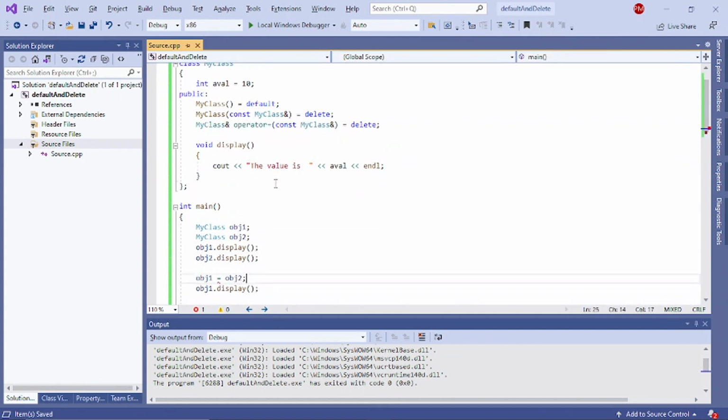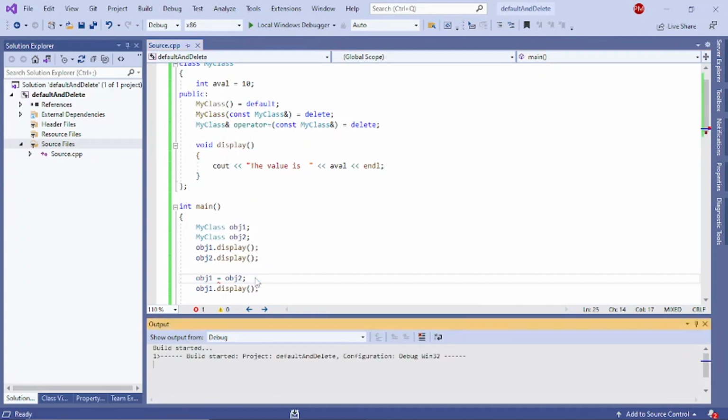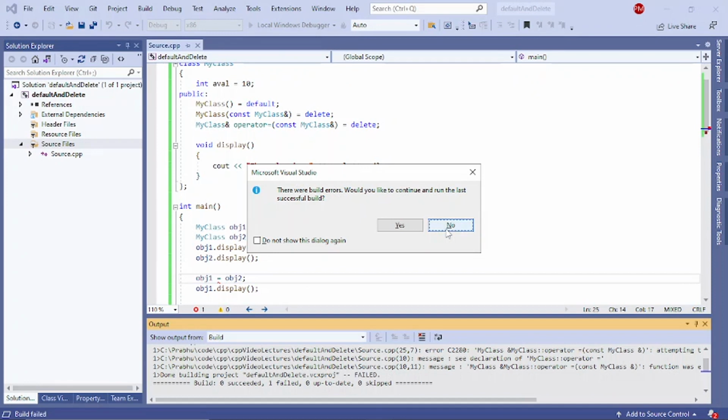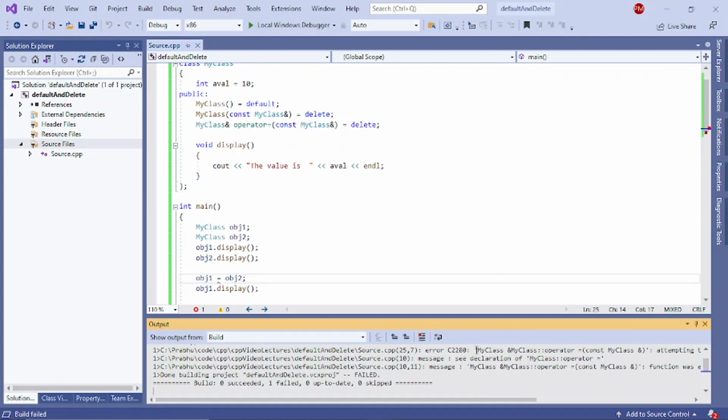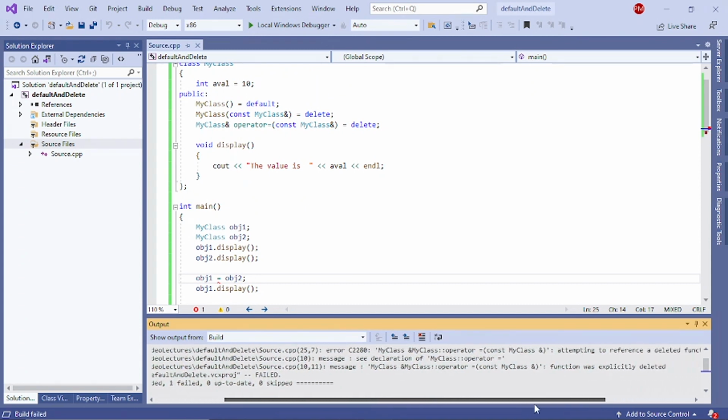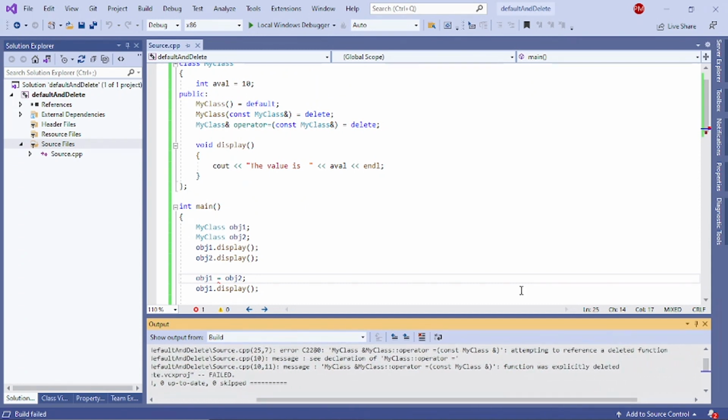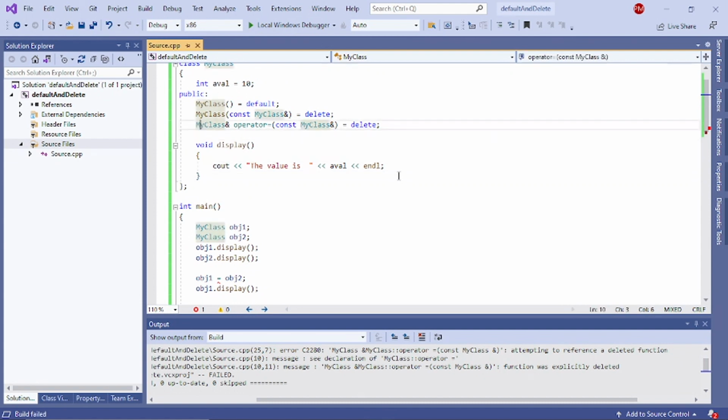And as you can see, the IDE has already signified an error here. So let's go ahead and see what the error is going to be. And so as you can see, the error is my class, the operator equal to attempting to reference a deleted function. So in other words, we have told the compiler not to generate an assignment operator, and so that's the reason